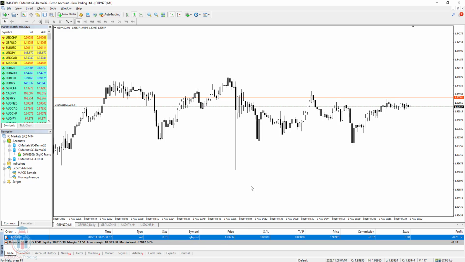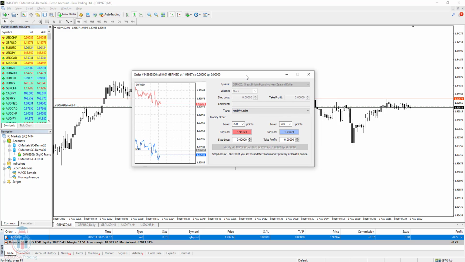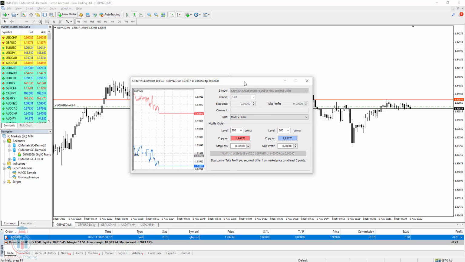Then, what can you do? There are 2 ways how you can modify the currently open order. The first is to double-click on this order with your mouse, and a new window will appear. Here you can make some modification. Symbol, volume, and comment are already grayed out, and you cannot modify these, because on a currently open order you can modify only certain things, and those are the stop loss here and the take profit